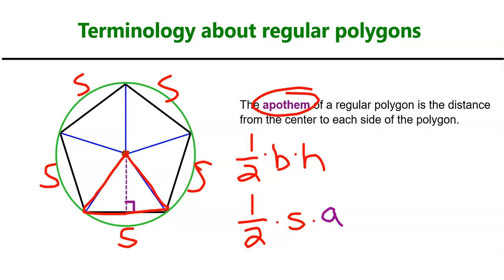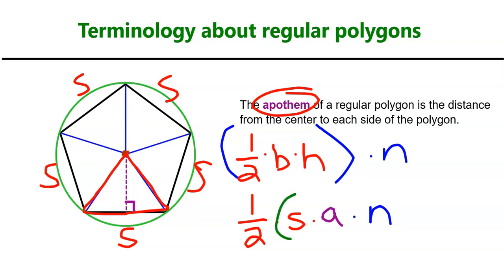But it doesn't necessarily have to be a pentagon. We could do this with a dodecagon and still end up with 12 congruent triangles. So the variable that we give, as we've seen before, to the number of sides of a polygon is n. So the whole thing is 1/2 base times height times the number of triangles that are made, 1 for each side. So 1/2 S times A times n, but the side length